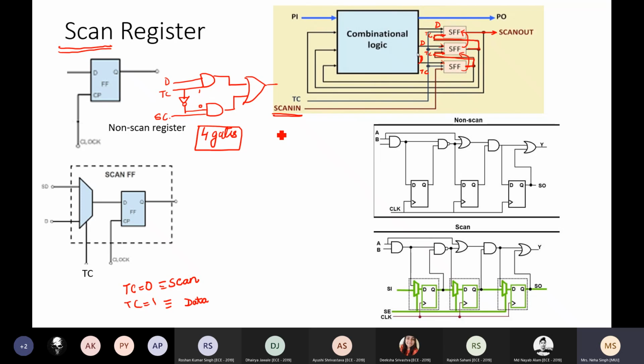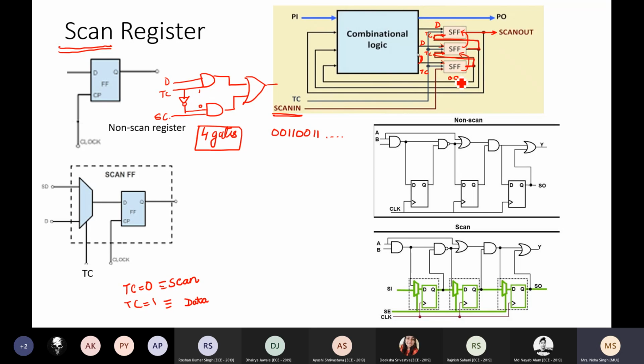This scan data is generally the sequence 00110011. This pattern keeps on repeating. Why so? If I choose this pattern, scan in is happening, which means entries are being made into the shift register. So the value of the first flip-flop is initially 0. Then at the next clock edge, another 0 is pushed in. So any change in the output from 0 to 0 means we check whether 0 is passing properly or not,